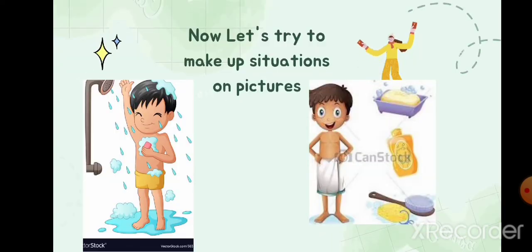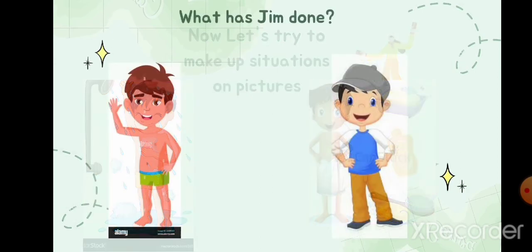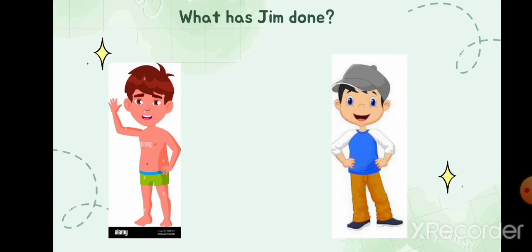Alright, now let's do a little bit brainstorming. Here the sample of the pictures are given. You have to come up with the situation using the present perfect tense. Pay attention, the first one is before. The second picture is the result. Now, your answer? Could you manage? The second one is here.